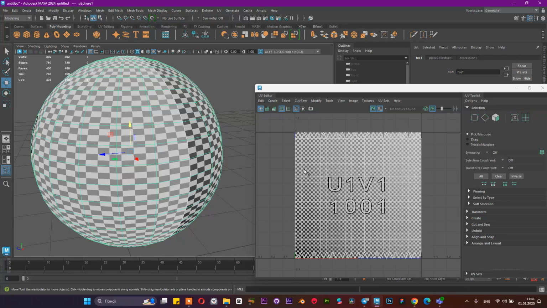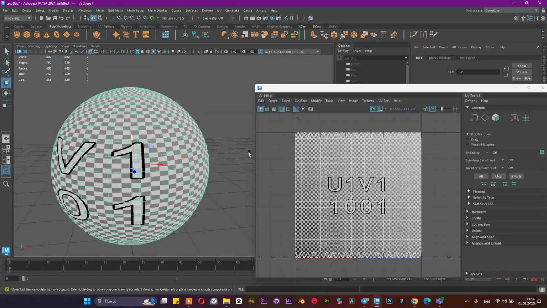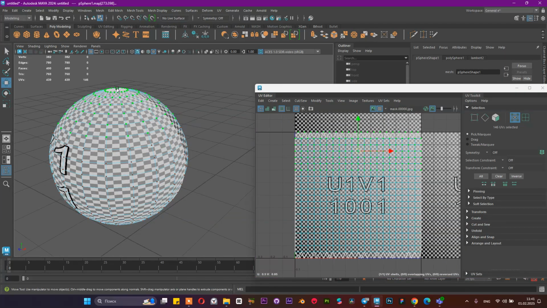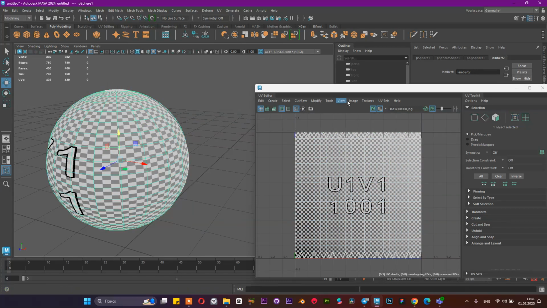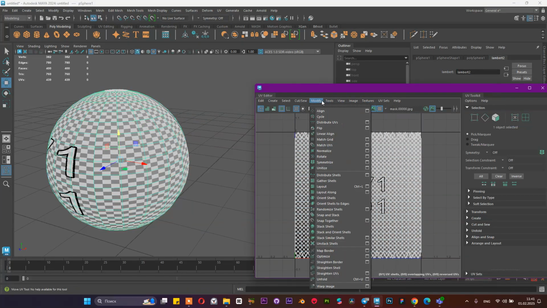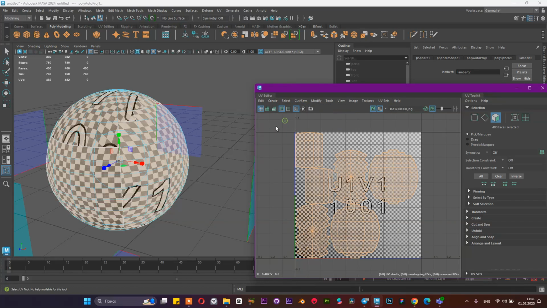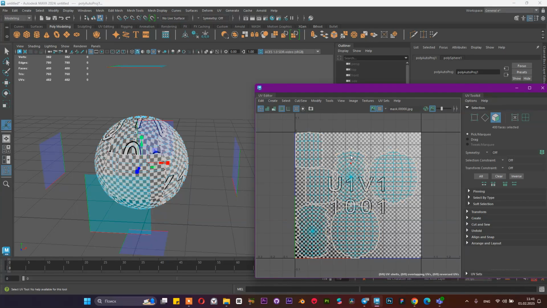Unfold into the 2D texture. Every object has to be unfolded to 2D for using these textures. And the sphere has these UVs, and this UV starts from the beginning to the end. If we change our UV settings, for example, we can create some automatic mapping for this sphere, and these UVs become different from this